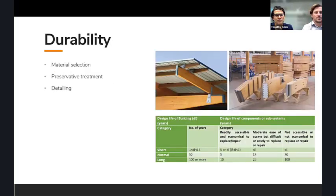So using timber externally and durability is probably one of the first components that needs to be solved. Using timber externally is very common and has been successfully adopted in many instances internationally, both on the small scale and the large scale. So the key of a durable solution here is considering the material, the preservative